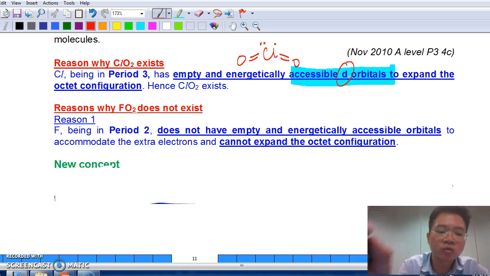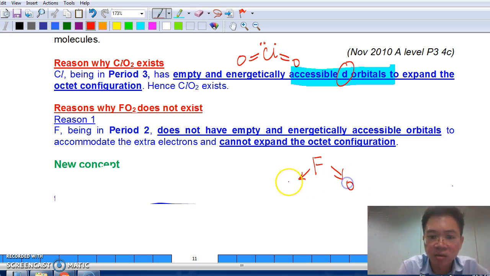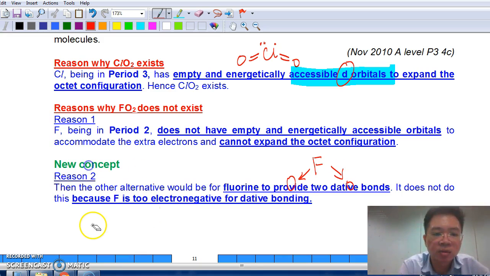But FO2 cannot. Another reason why FO2 does not exist is that even if we can draw it, we will draw dative bonds to O, which is not possible, because